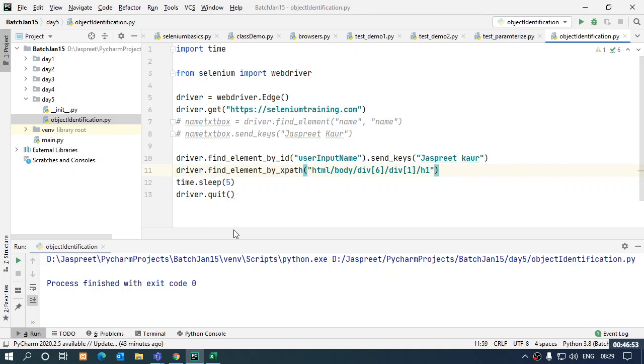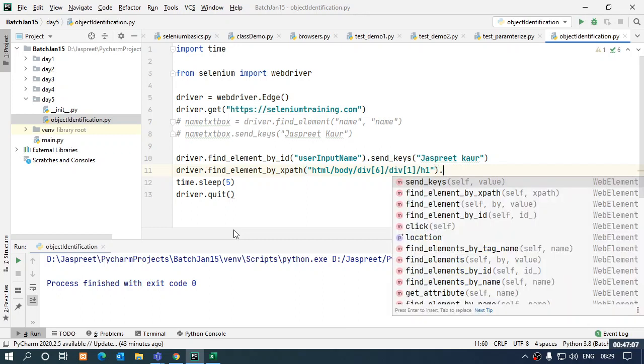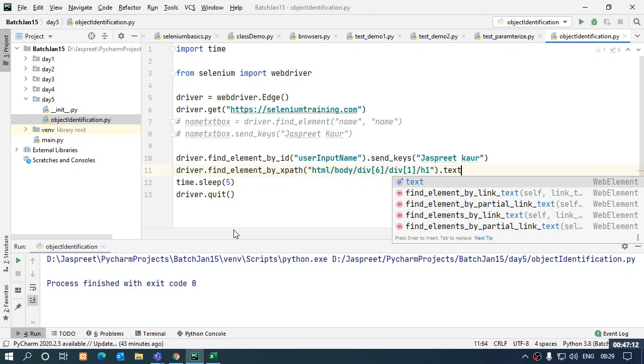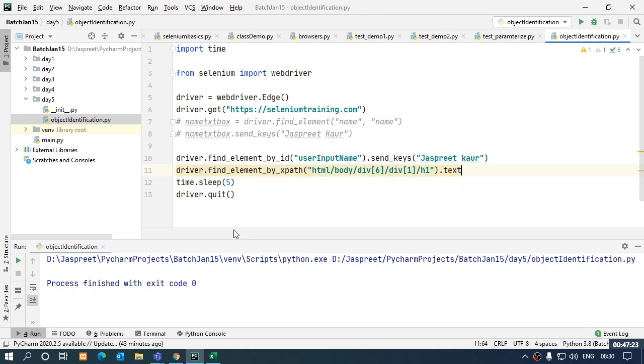So what if I have to extract it and read what's written over there? That also I can do. It's inside the tags. The text is written already in the designing of the page, so I can simply get it using the text parameter. This text function is going to give me the value or the text which is inside this element. That's what it's going to do. So I'll have to print this, so I'll just print it.